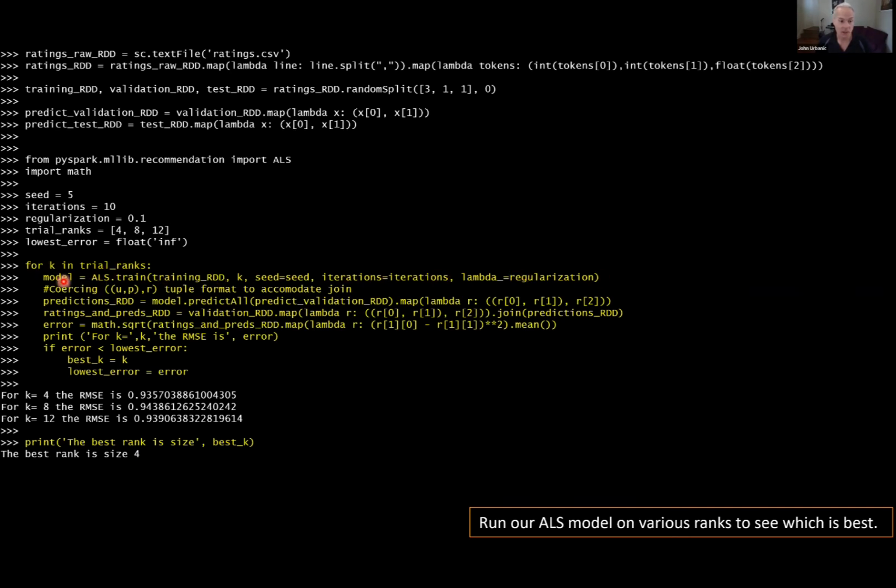After we do this line right here, we hope that hidden behind our model we have a good U and P matrix trained at that point that we can use to make some predictions. So that's what happens in this line. We say, go and use ALS, 10 times back and forth with this lambda, initialized with this seed and with U and P matrices that are 4, 8, or 12 wide, and train the model, come up with those U and P matrices. Okay, so that's what happens.